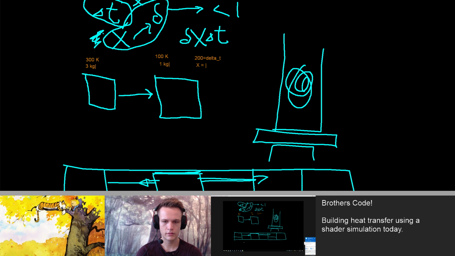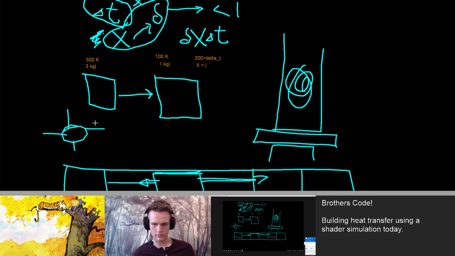Yeah. So the way that I solved it for the first implementation of heat was that you have one element flowing heat in four directions. Assuming that they're all equal, that's exactly 1/5. But you have to multiply that by some stuff.